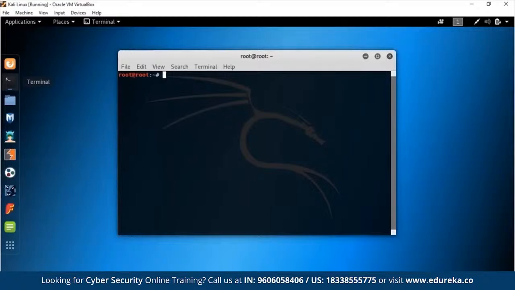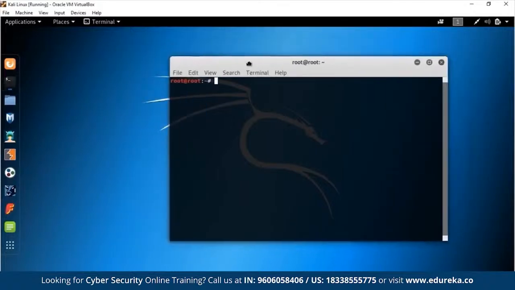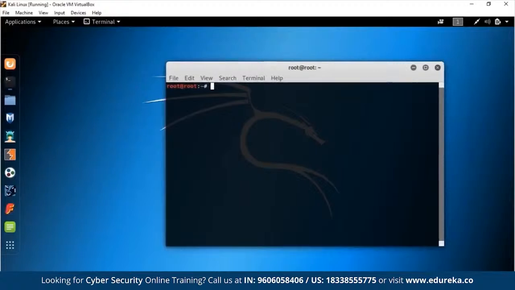So let's go through the commands that we are going to cover. Let me make a list of commands that I want to teach you guys. Let me see if LeafPad is available. Firstly, LeafPad is basically a text editor. So the first command that we are going to start off with is cd.